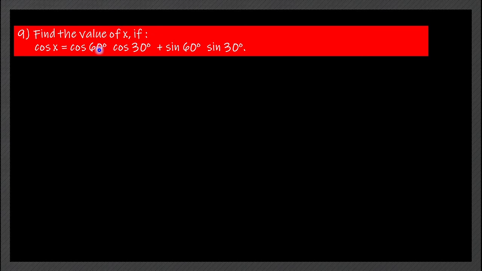So standard angles are 0 degrees, 30 degrees, 45 degrees, 60 degrees and 90 degrees, which is given at class 10th level, among which 30, 45 and 60 degrees are called the standard angles, and then 0 and 90 degrees are considered as the quadrant angles, which we will be learning at the higher level. This is just for information. Whereas for these kinds of questions, we will be substituting the values of cos 60, cos 30, sin 60 and sin 30. We are all aware of the values of the standard angles, provided we know whatever is taught in class 9.